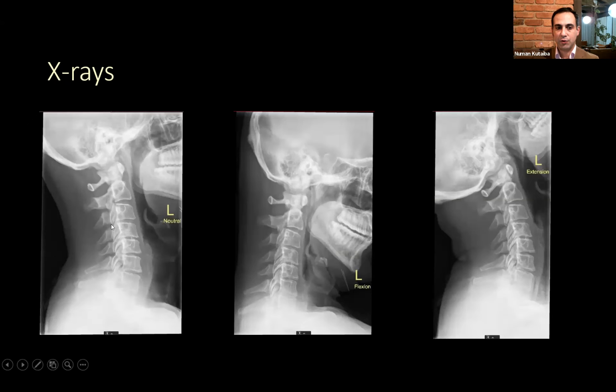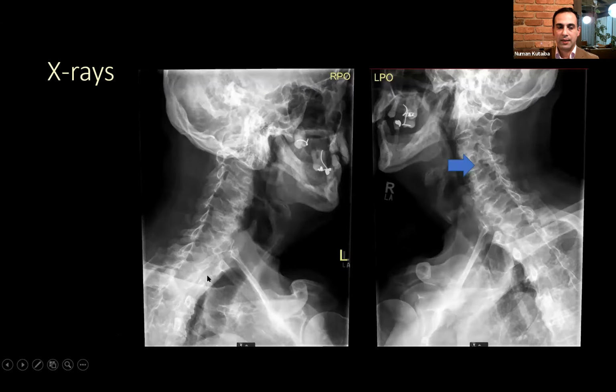These are some new cervical spine X-rays in a neutral position, flexion and extension. These are normal X-rays for this patient. These are done to see if any of the vertebrae will slip, or for example, when there's C1-C2 articulation degeneration, such as in rheumatoid arthritis.